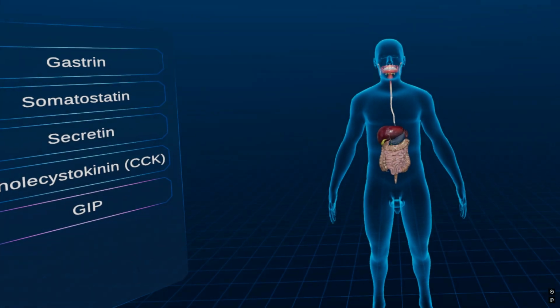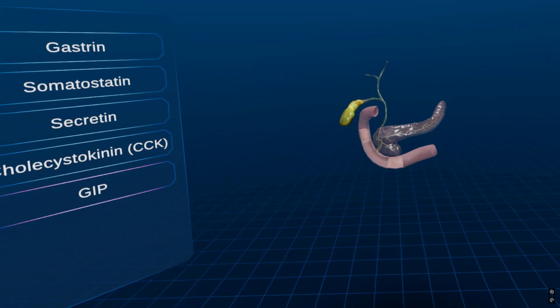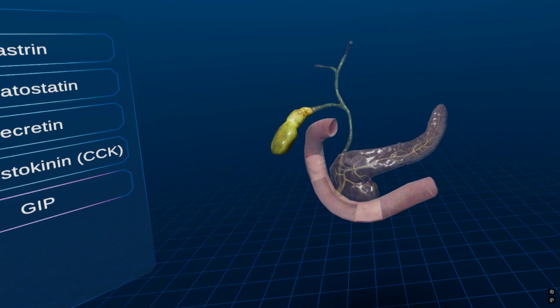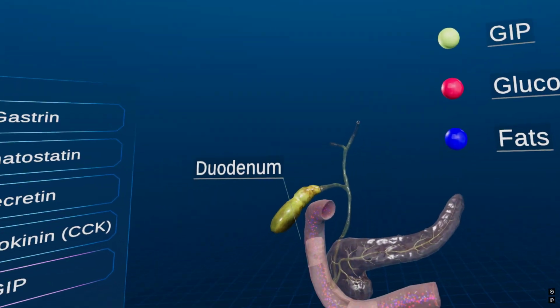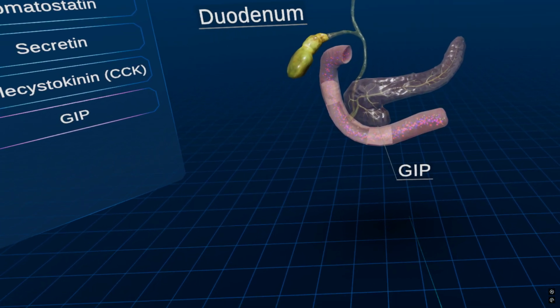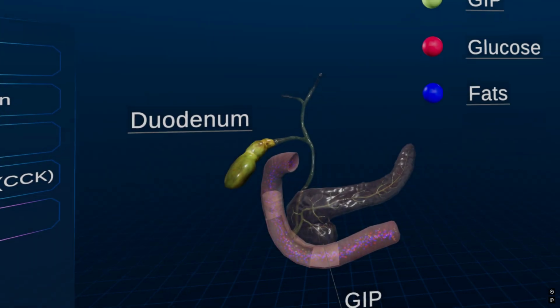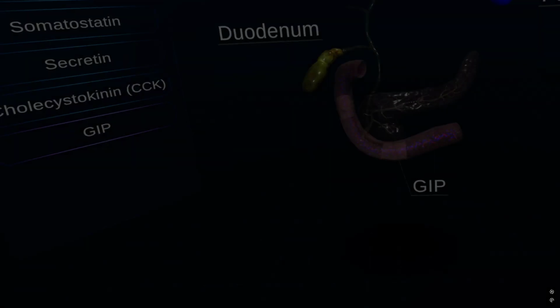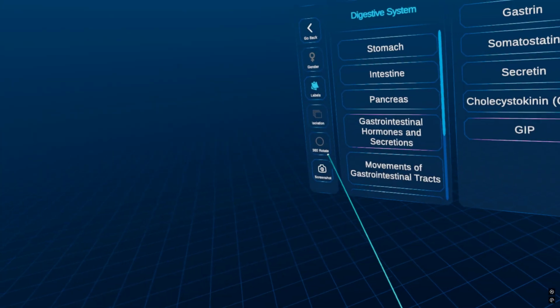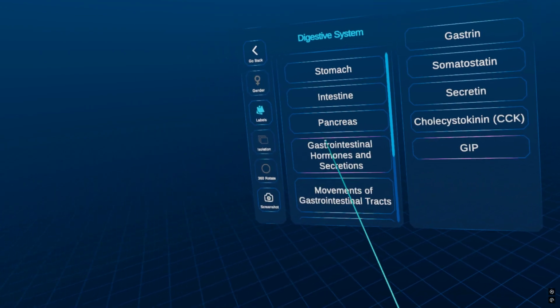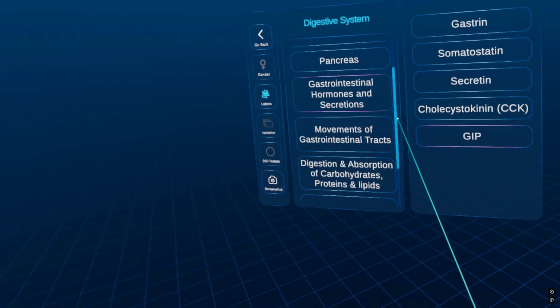Gastric inhibitory peptide is a hormone that is produced and secreted by the K cells in the duodenum and jejunum of the small intestine. It plays an important role in the regulation of the digestive system. Stimulus: the secretion of secretion. Action: in addition to its effects on glucose metabolism, gastric inhibitory peptide also has other physiological effects,